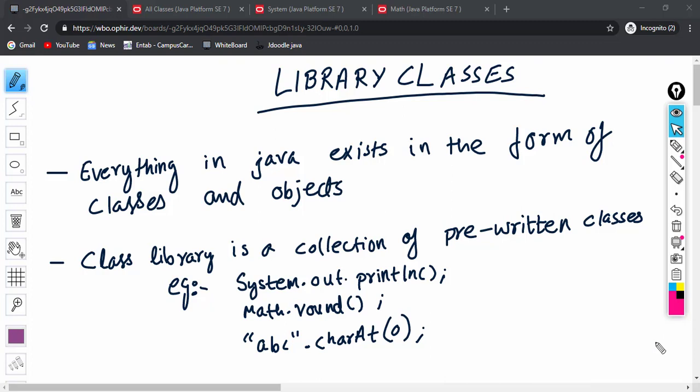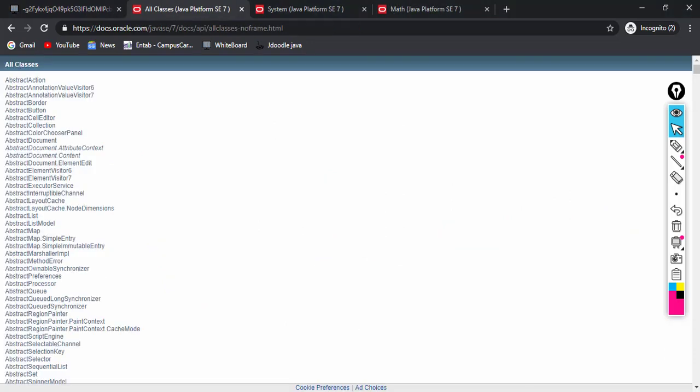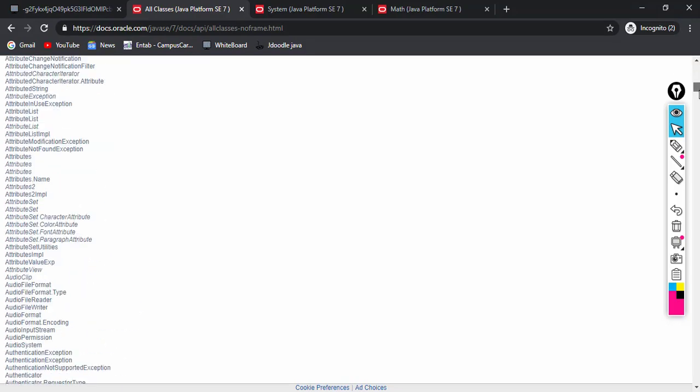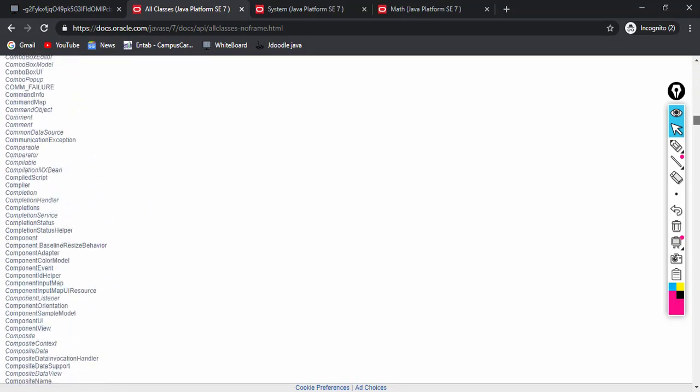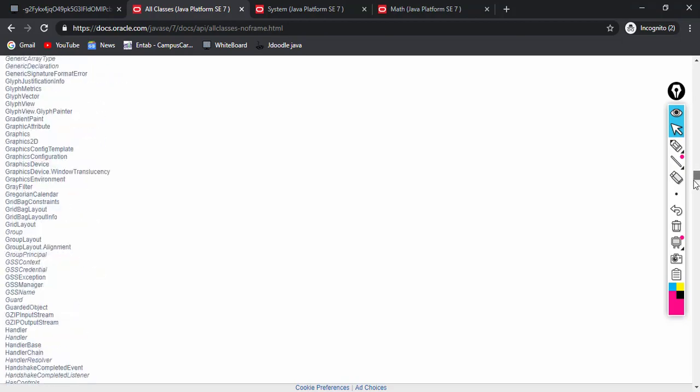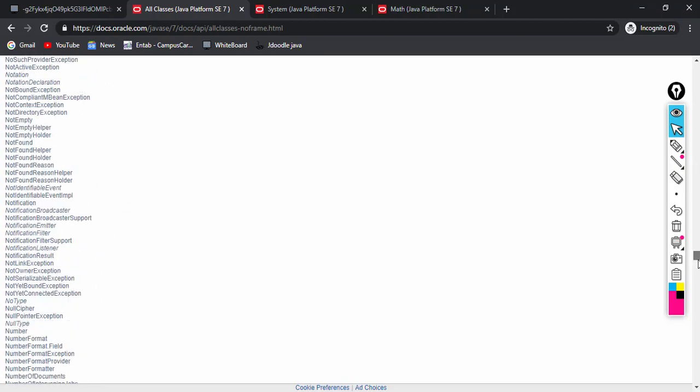Just to give you a perspective, let's look at the official documentation and see all the classes available. So this is the list of all the classes. You can see this is quite a big list.